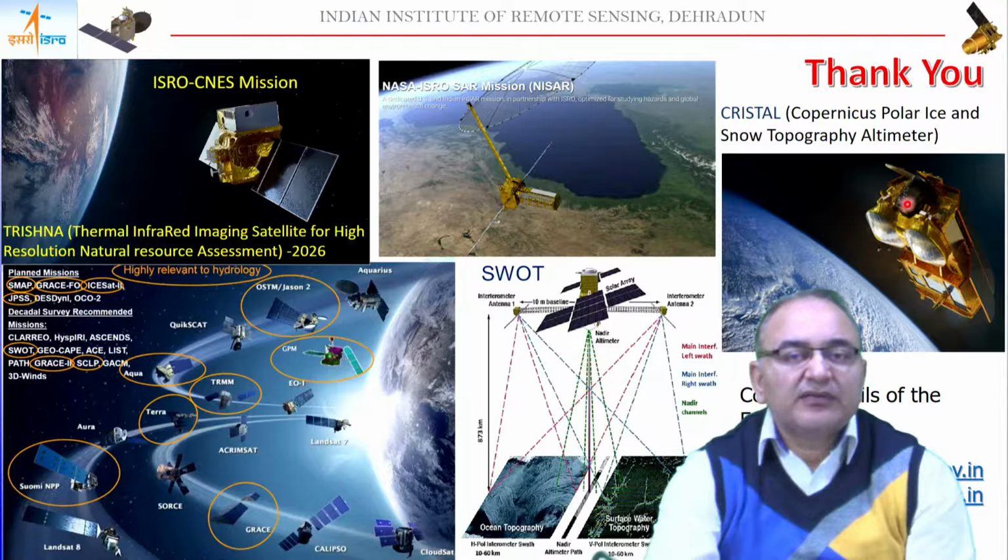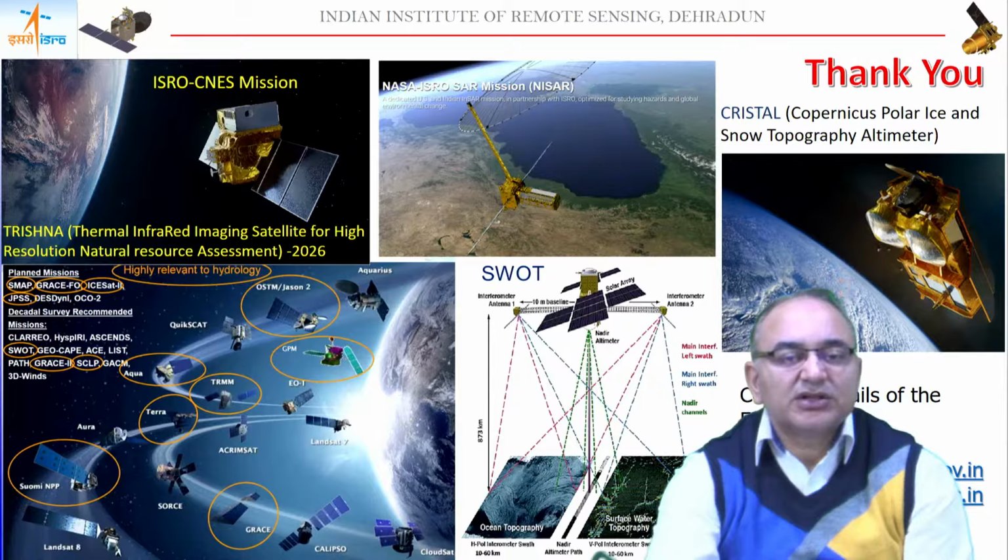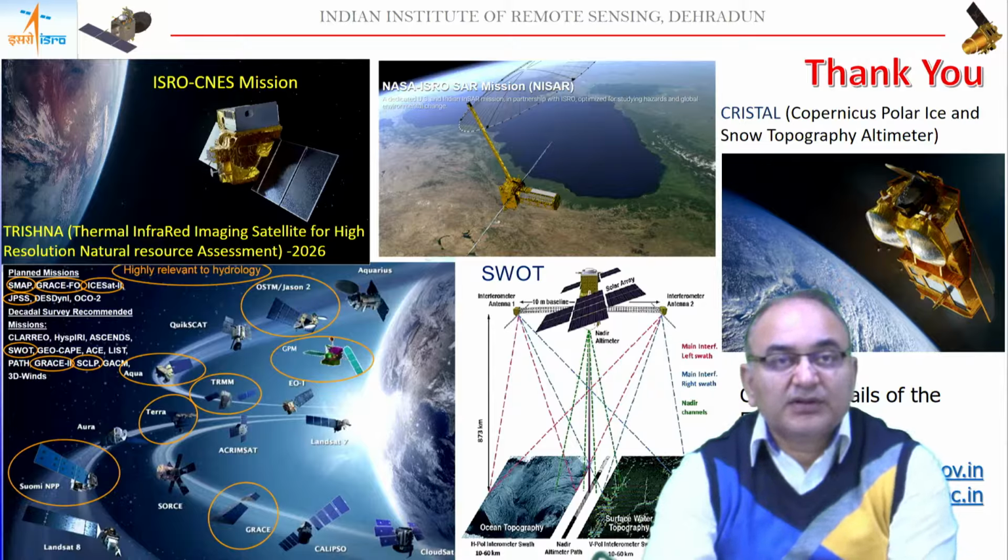And in future, we have a dedicated altimeter mission, popularly known as Copernicus Polar Ice and Snow Topography Altimeter, which will give us more and improved altimeter data to quantify the snow depth, ice thickness over the polar regions and the mountainous regions. So, with this, I complete my overview lecture on the remote sensing GIS applications in water resources